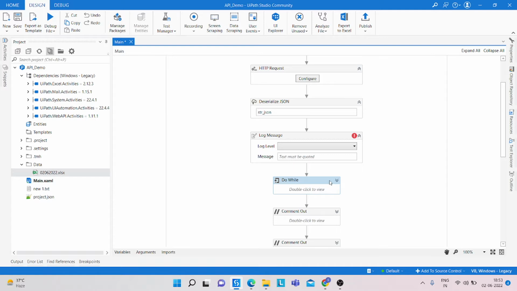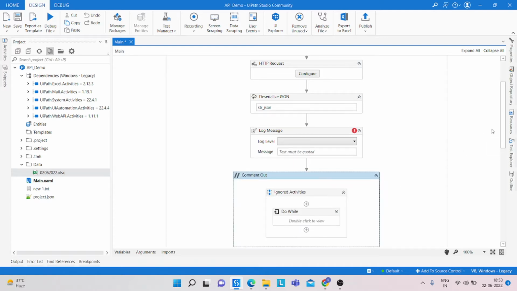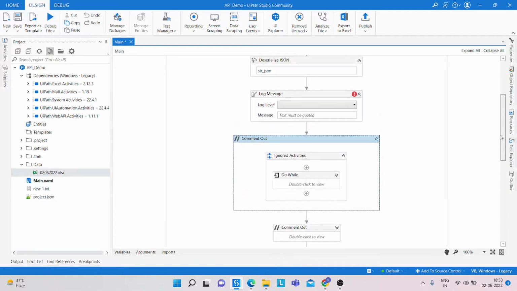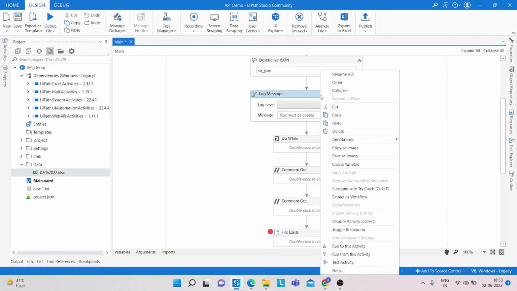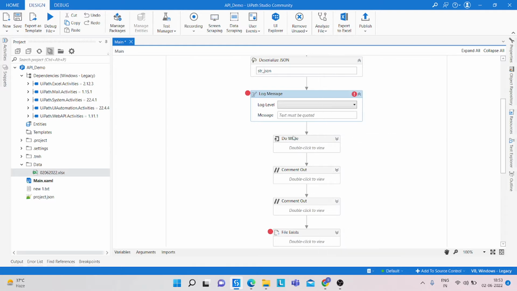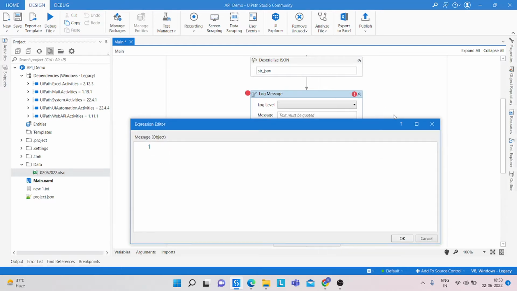We don't need to comment everything, we just need to apply a breakpoint. So break, and here if we need to get the output of the gender, so what we are doing,